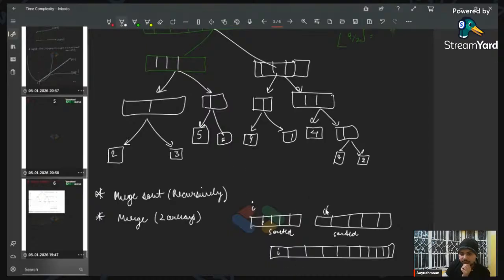आई यहाँ पे है, जे यहाँ पे है, के यहाँ पे, इनिशियल स्टेज पे, ठीक है। अभी आई और जे के बीच में कंपैरिजन होगा, सिंस ऑलरेडी सॉर्टेड है तो इनमें से जो छोटा होगा वो सबसे छोटा होगा। सो सबसे छोटा वाले को अपने यहाँ लिखेंगे। फिर अगर आई सबसे छोटा था तो इसका काम हो गया है, सो विल मूव आई। नाउ वी नीड टू फिल दिस बॉक्स, सो वी आल्सो मूव के तो हर इटरेशन में आगे बढ़ेगा, ठीक है। नाउ वी विल कंपेयर दिस बोथ, ठीक है। तो अगर आई और जे में से जे छोटा है, तो हम लोग जे वाला पार्ट को यहाँ लिखेंगे, मतलब जे के अंदर यहाँ पे जो पार्ट रहेगा उसको यहाँ पे लिखेंगे, ओके।